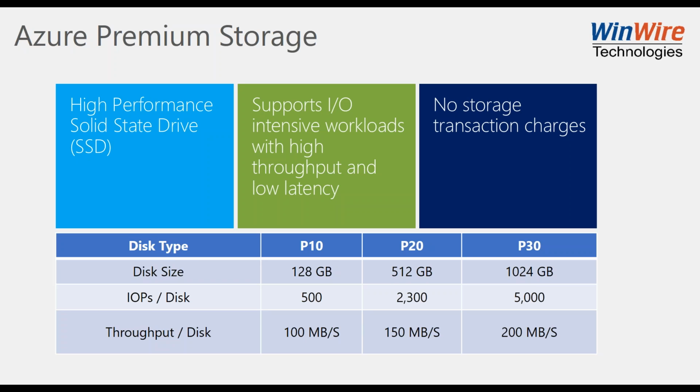So these are the disk types, again, as you saw when I was looking at the virtual machines, you saw the A level. This is the storage here. So you have P10, which is the entry level for premium storage, and then you see P20 and P30, right? You can see the disk sizes, the IOPS, and see how they scale up, and also the throughput, right? So you can get into your entry level at 100 megabits per second, and you can double that and also multiply your IOPS by a factor of 10. And so again, you've got some choices here, and you're going to want to weigh that against the cost.